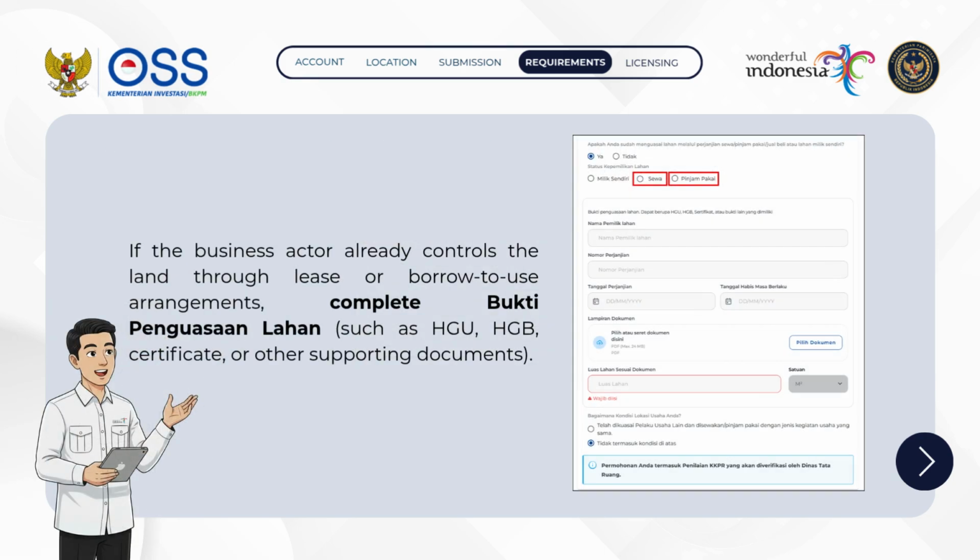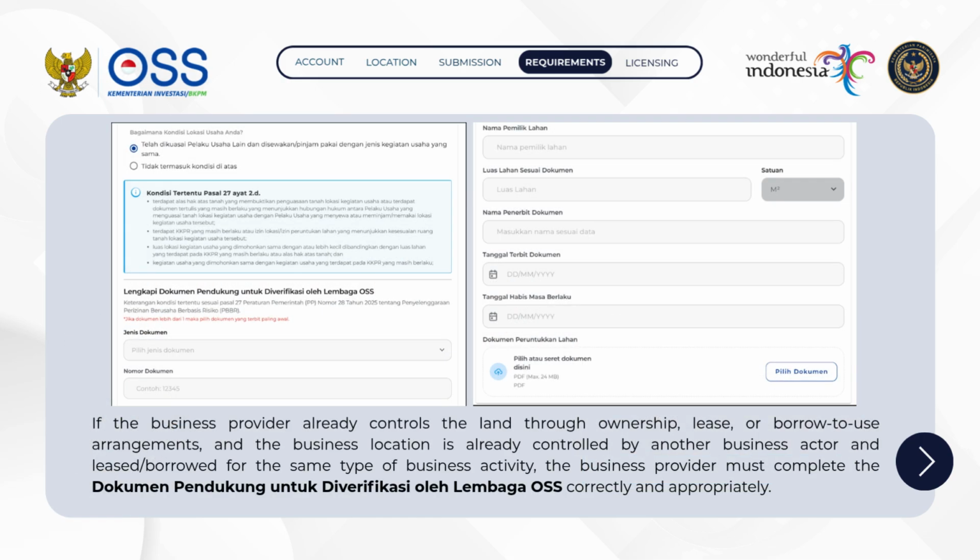If the business provider controls leased land or borrowed land, complete the proof of land ownership in accordance with the applicable provisions, which may include HGU, HGB, certificates, or other supporting documents. In the event that the business location has already been controlled by another business provider and is leased or lent for the same type of business activity, the business provider is required to complete supporting documents for verification by the